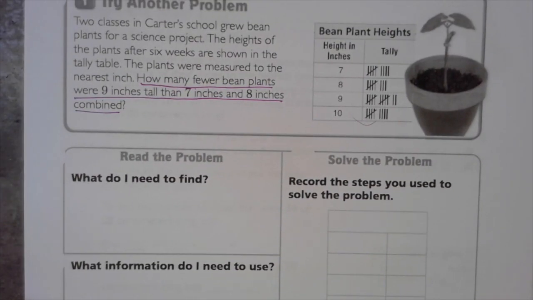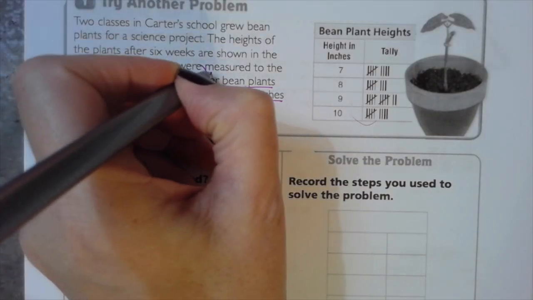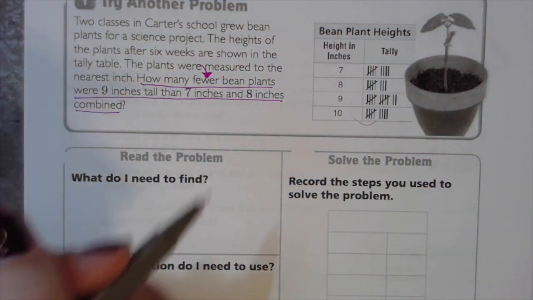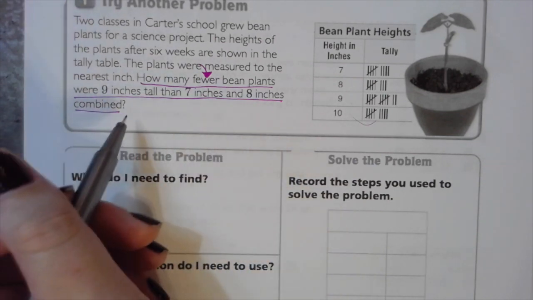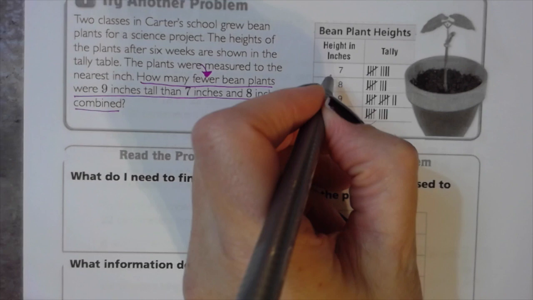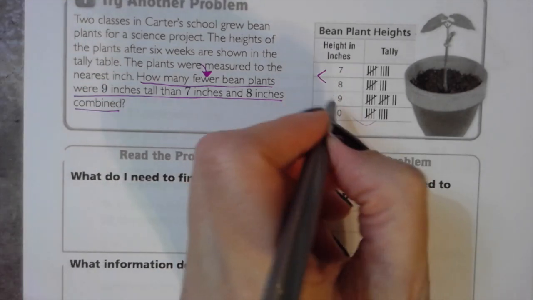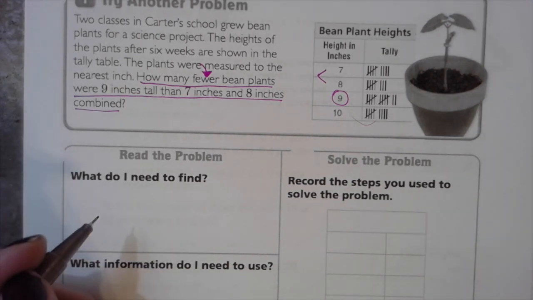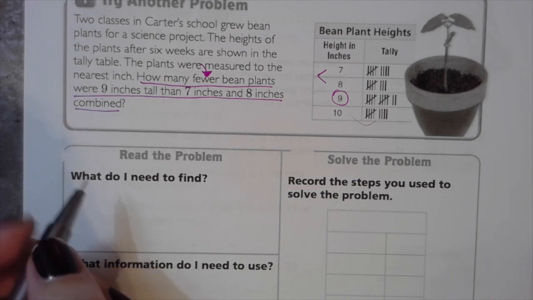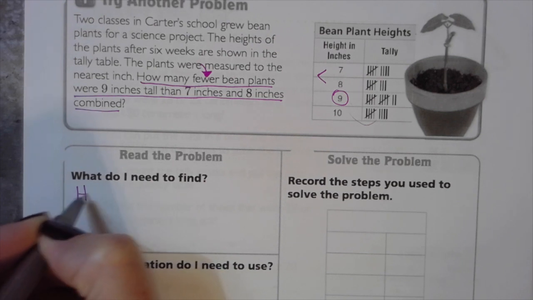Okay, so what do I need to find? How many fewer? Fewer means what? Less. So I need to know how many less bean plants were 9 inches tall than 7 and 8 inches combined. So the 7 and 8 inches, I'm going to have to combine those. And then I'm going to compare it to how many were 9 inches tall. Okay. So as you can see, this is as much a reading problem as it is a math problem. So we need to know how many fewer bean plants were 9 inches tall